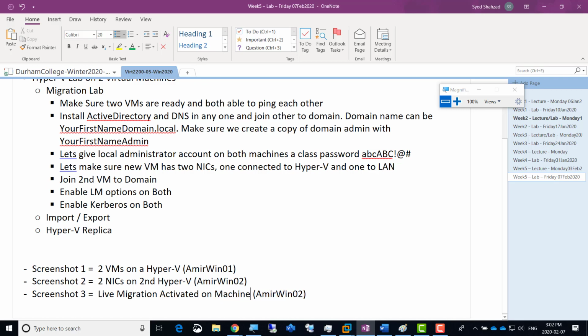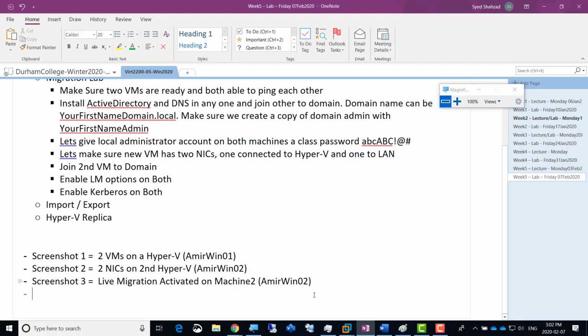Okay, I think it's machine 2. Okay, so just for reference, I'm just putting the name there. Okay, now let's go ahead. If we have put in that information,